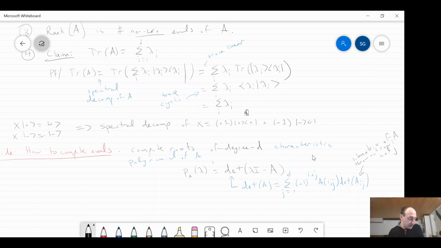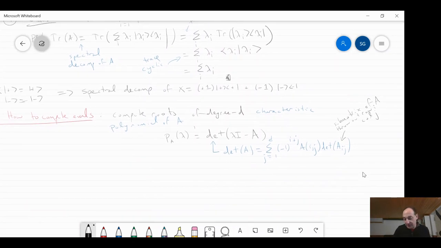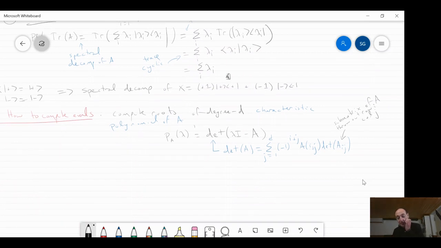Okay, the reason I'm mentioning this is, again, in this course we're not going to use it too much, but it's good to remember. If you want to know what the eigenvalues of a matrix are, in theory, you could take your variable lambda times identity minus your matrix, and put it into this determinant function. Out will pop a polynomial which has degree D. You need to find the roots of that polynomial, and those will be your eigenvalues.